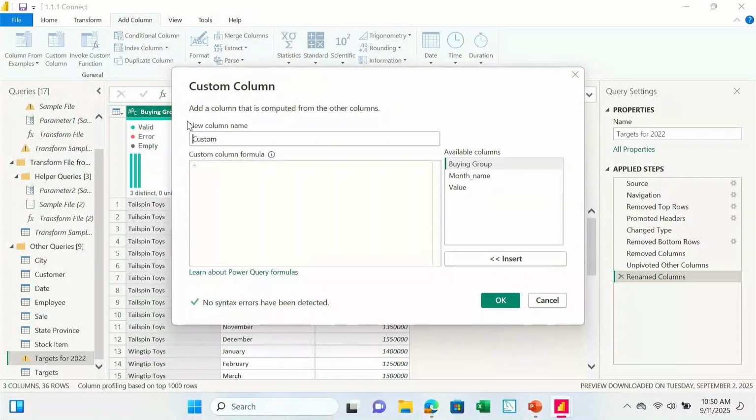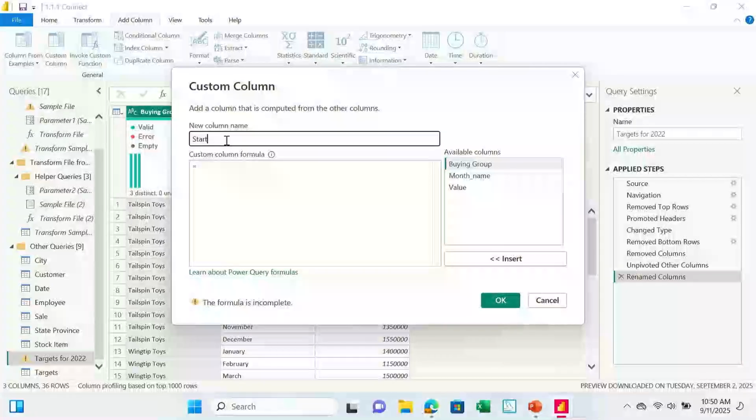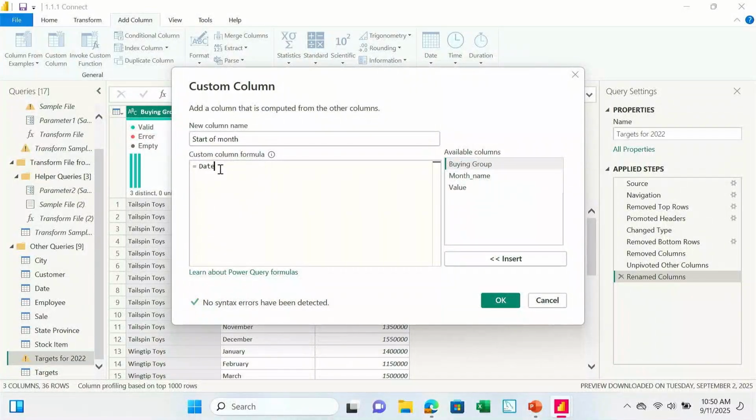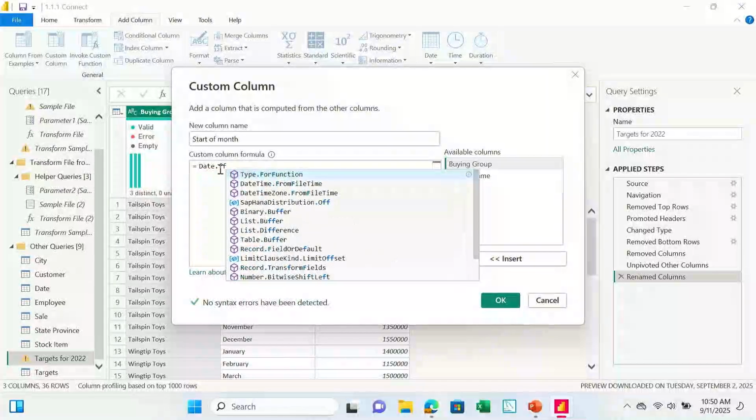We are going to name the new column start of month. And we are going to bring in a formula. Date from